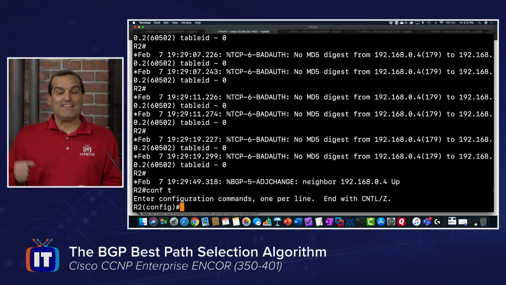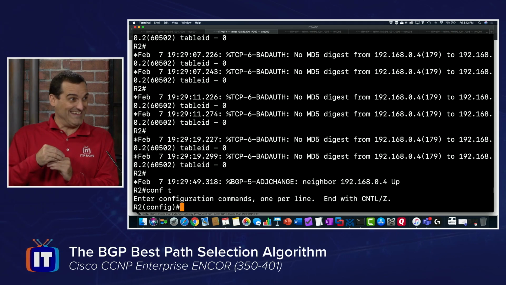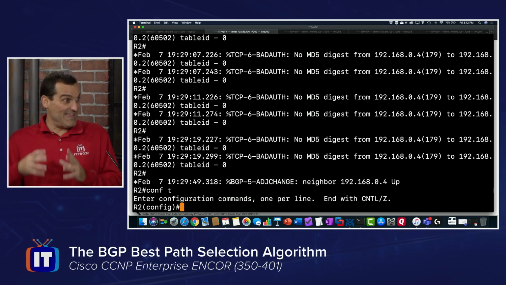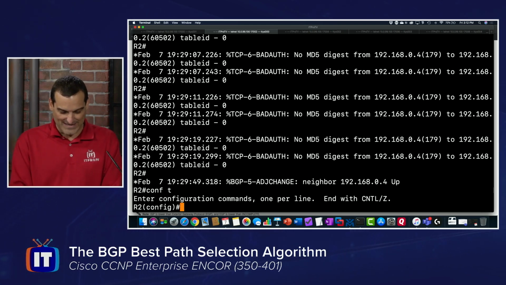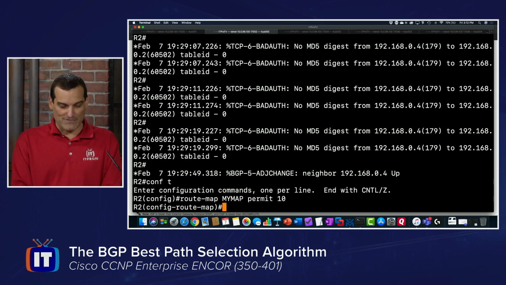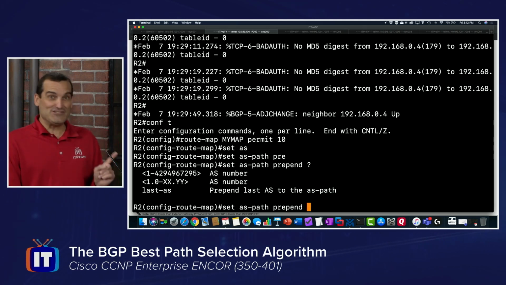through what we call AS path prepending. We're going to take that 65004 AS number and duplicate it in there. We're going to prepend it in there. So we're going to poison that path and we should get a cutover to the R5 path. Let's try it. How we do manipulation of most of our attributes is using what's called a route map. I'm going to say route-map my-map permit 10, and then inside the route map, I'm going to say set as-path prepend,